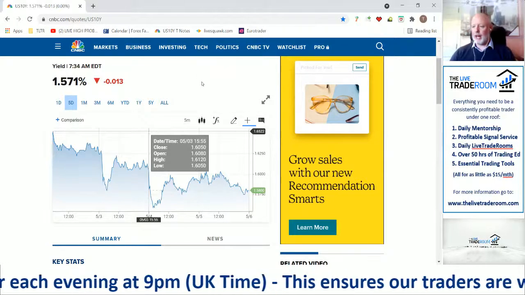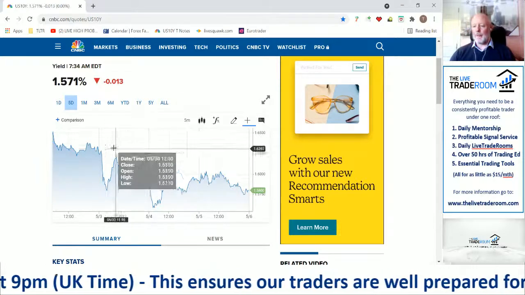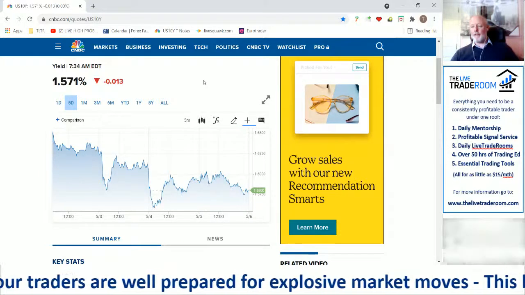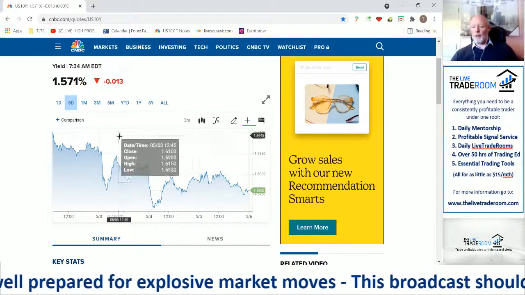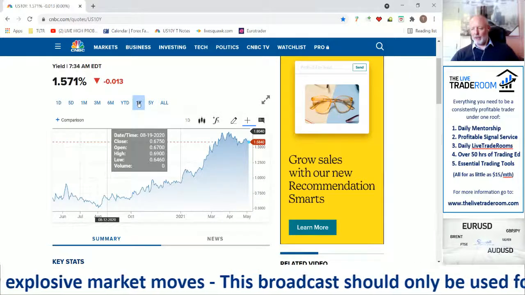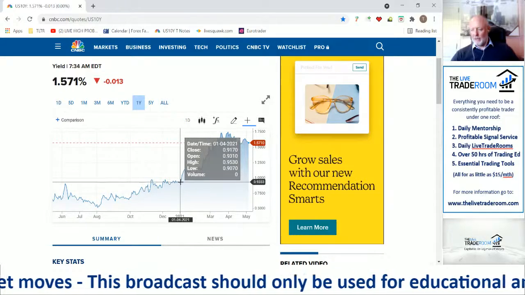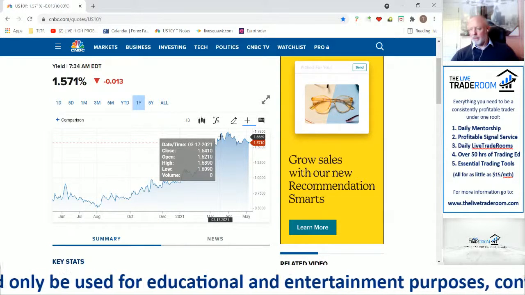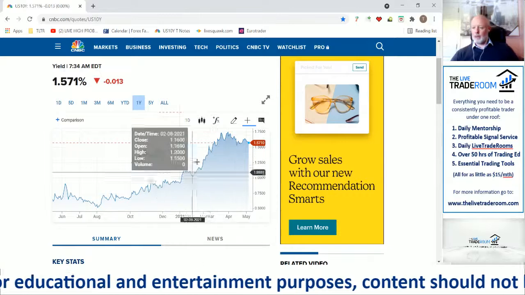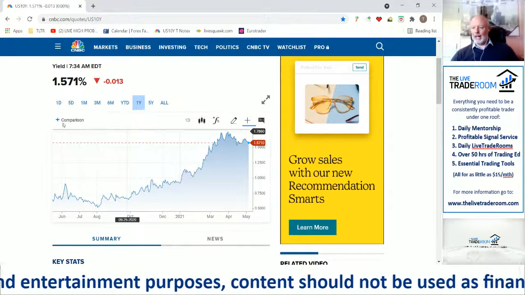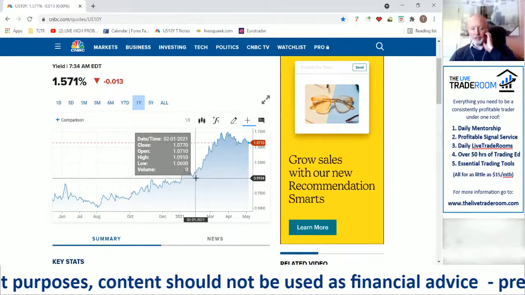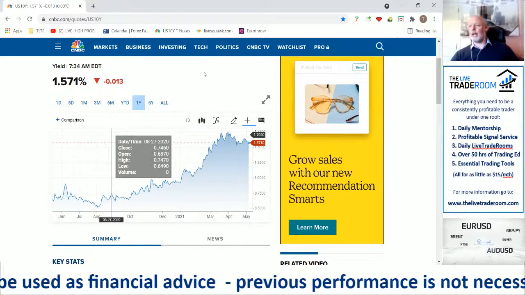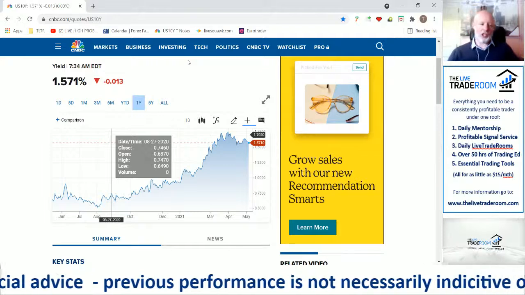The problem is it's been relatively defunct for quite some time. But the concern would be if there is a reduced demand, then yields will push higher. And if bond yields push higher at a rate that's very uncomfortable for these markets, and we saw it at the beginning of this year. We saw a really strong impulsive move to the upside from 0.9. By mid-March, we were up at about 1.7. So that's nearly doubling the bond yield in probably two and a half, three months. So that's why the markets got really quite rattled during that time, and it's still a cautionary tale for these